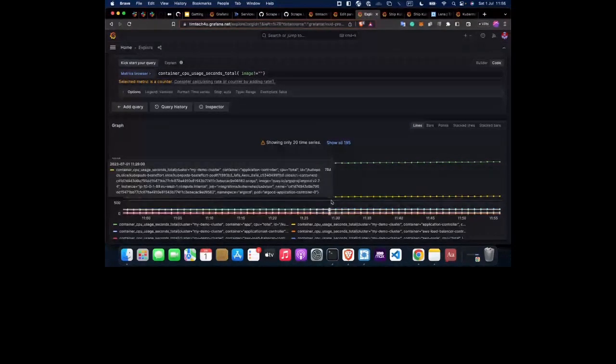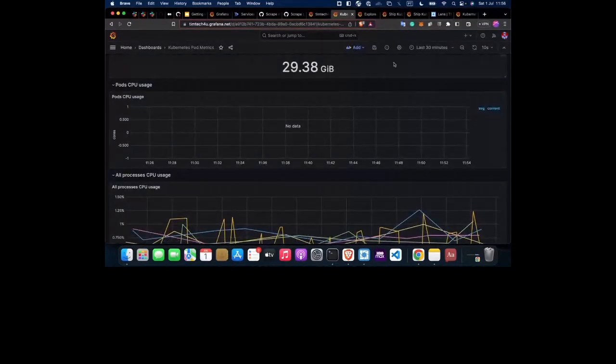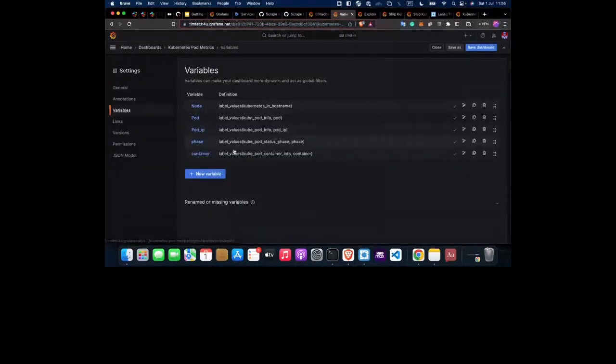Right now it's showing up here, but then you can keep drilling down once you find which one and then maybe fix it. Sometimes it's most likely that the variable is not being passed. So maybe we're not passing this port variable here. That's why it's wrong. So when something starts with a dollar sign, it's a variable, right? And you can configure that. You can go to the dashboard, click on settings, and come to variables here, and you'd see all of the